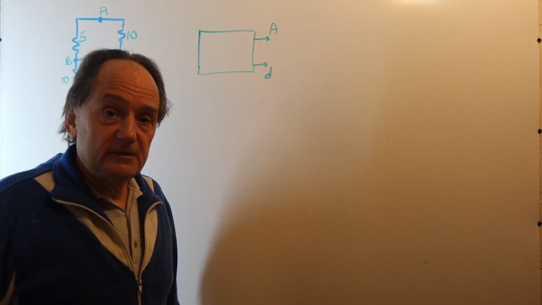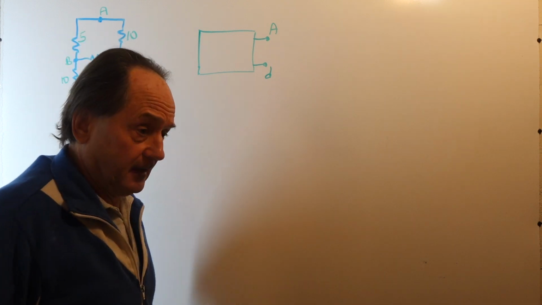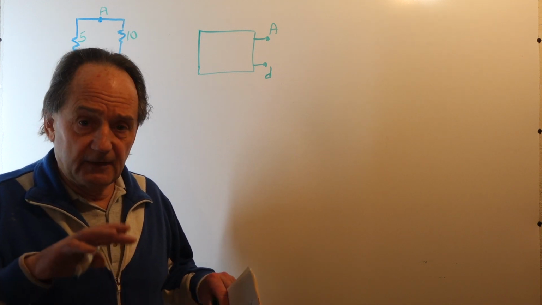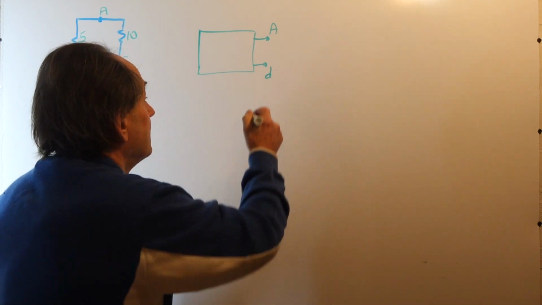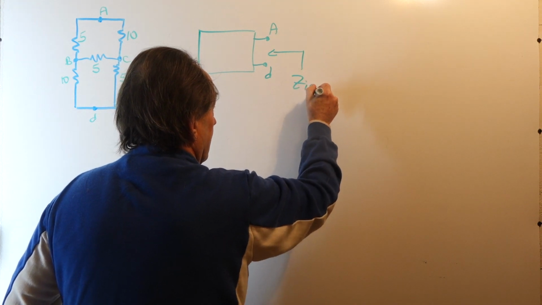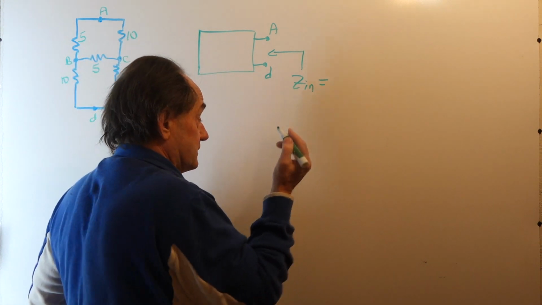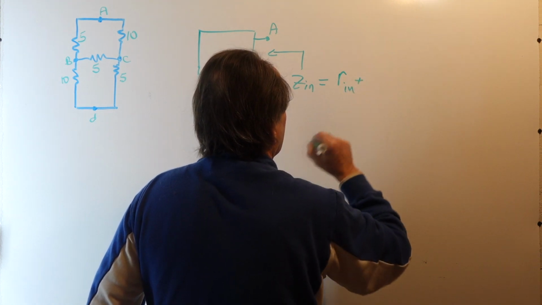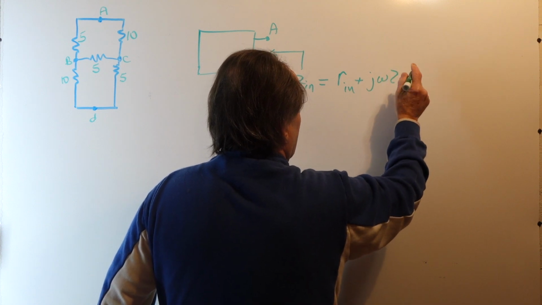That is, we replace all voltage sources by a short, all current sources by an open, and then do a network reduction. Combine elements and get down to a single equivalent element that would be the impedance looking into the network. That is, we want to find Zn. And Zn, in general, for both AC and DC circuits, has a real part, Rn, plus j omega,